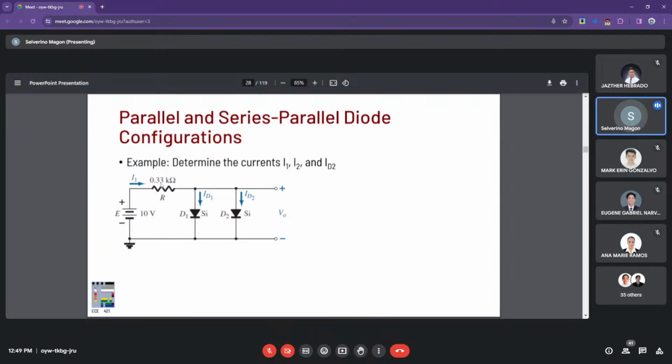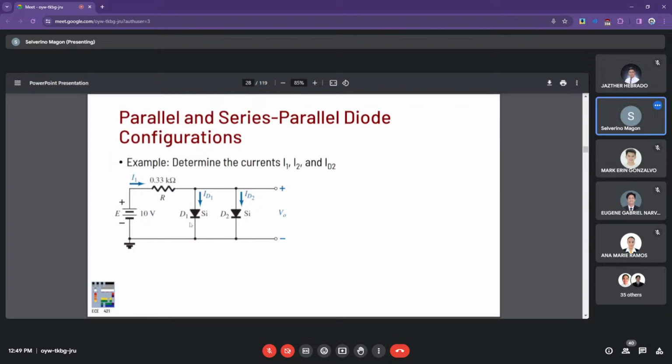Now, the voltage across R will be through Ohm's law. You already have the 0.7 here. You still have 9.3 volts for your resistor, and through the use of Ohm's law, then you have 9.3 volts divided by 0.33 kilo ohms. That will result to around 28 milliamps, no, for the total current in this